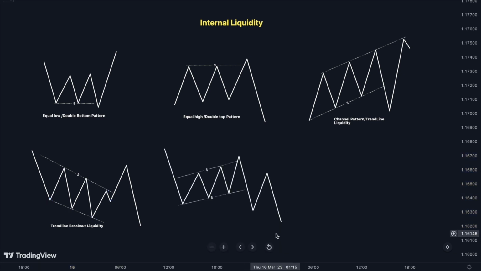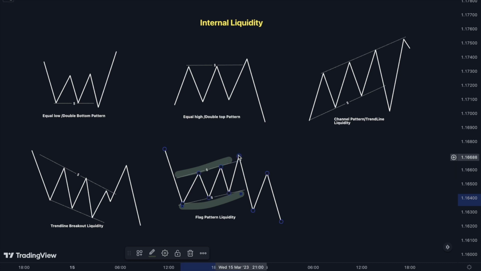So let's move on to the next one, flag pattern liquidity. So what happens is this is a kind of trend continuation. So suppose the market is bearish and it will form something, a consolidation range, and people will think it is a reversal or a trend continuation and enter without any confirmations. So there will be stop loss above this area, and there will also be stop loss below this area. So the market will first sweep the stop loss above this area and then sweep the stop loss below this area